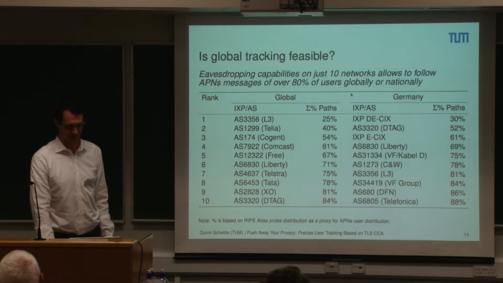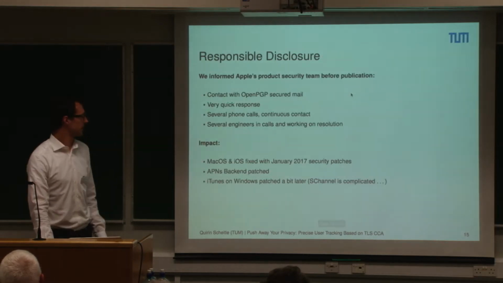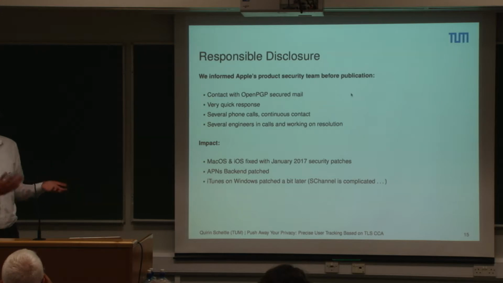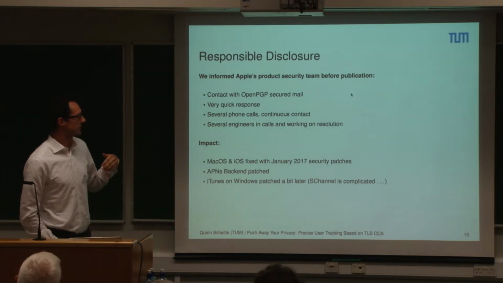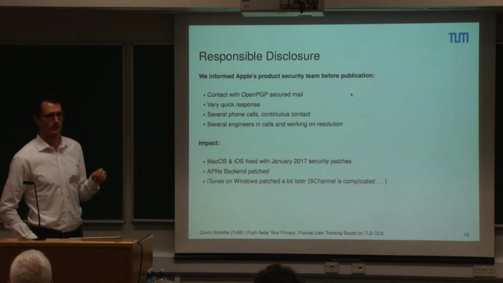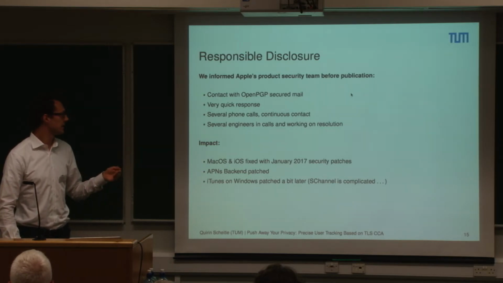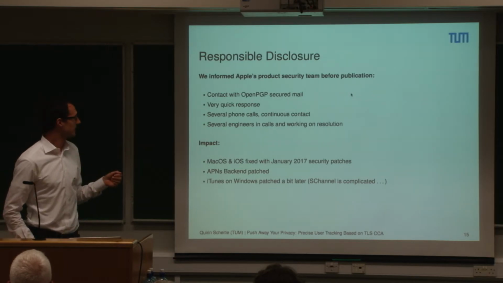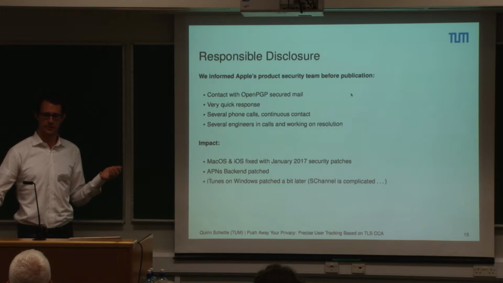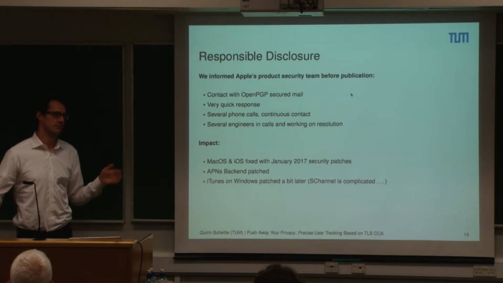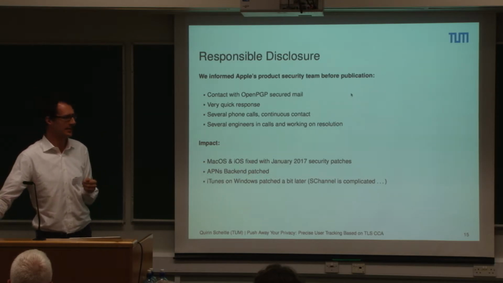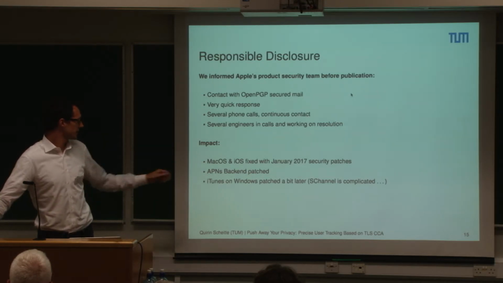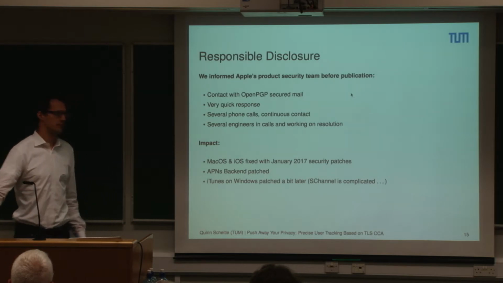Now, what did we do next? We went to Apple and said, maybe you think it's a problem. And the nice thing is we had the paper written up. So we didn't send them some 3 lines of text, we sent them the full paper. And like 2 or 3 days later, we were on a call with them, with several engineers, and they really fixed this really quick, which I was quite positively surprised, because they could have said, it's no remote execution, it's whatever, just an academic privacy thing. But they really worked on this and fixed it, and it's included in the January 2017 patches.